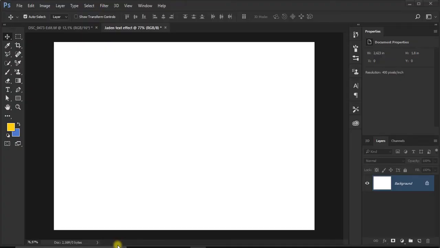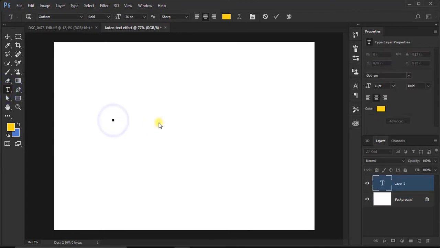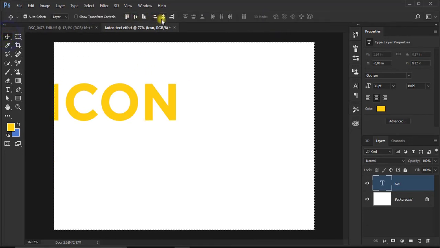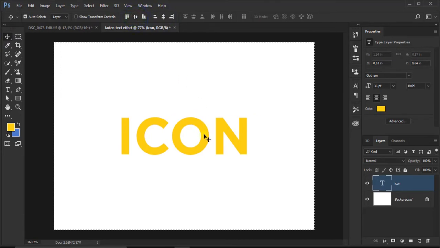First, you want to create a new project. You can do it easily by clicking the shortcut Ctrl N, and then click the text tool and type anything you want. Okay, I'm gonna type icon. Check this. I'm gonna select it and centralize like this. Ctrl D to select,